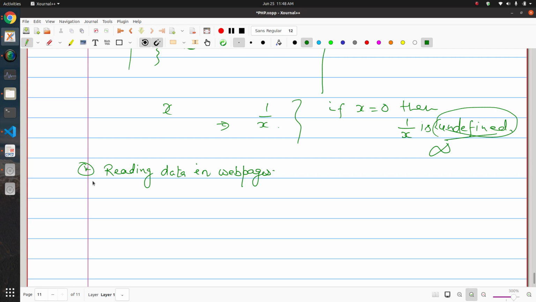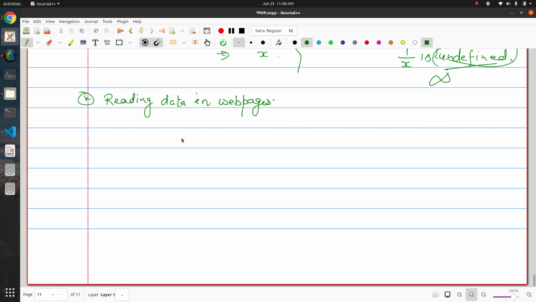Whatever you want to send to the server, you need to put the input elements in a form. So you will have a form tag. The form will have some parameters like method. We will talk about what the meaning of those methods is, and there may be a script that is going to accept that data, let's say abc.php.